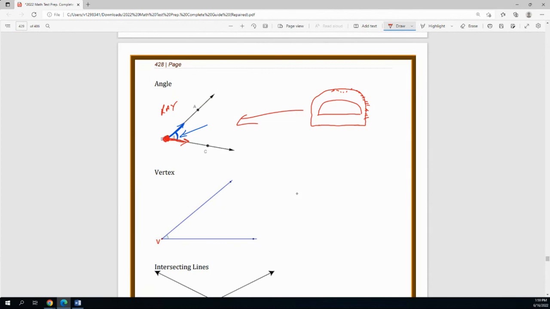Now, remember that spot that I told you where they both start? That has a vocabulary word too. It's called a vertex. Now, vertex is used in lots of language. You've heard the word apex. It sounds like it a little bit. Remember, apex is height. It's also where they meet in the highest point. Vertex is where two angles meet or two angles start. That's what you call that.